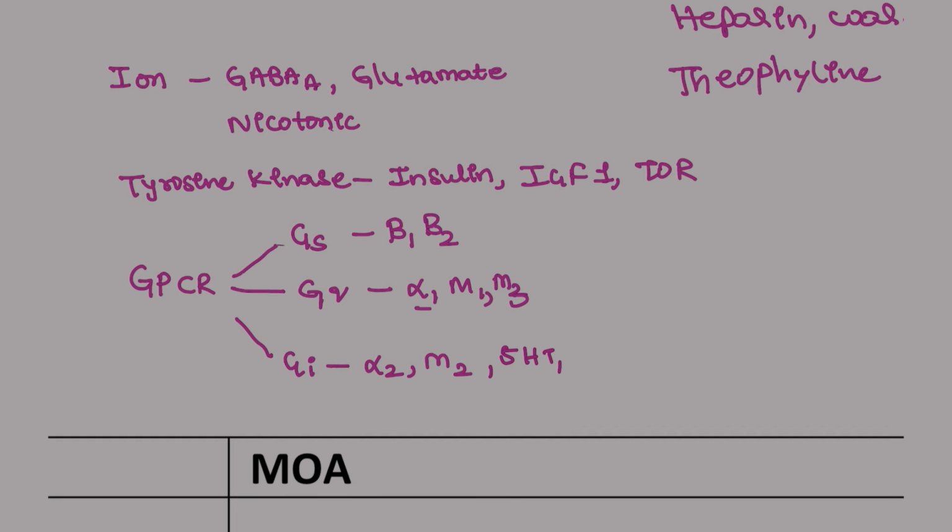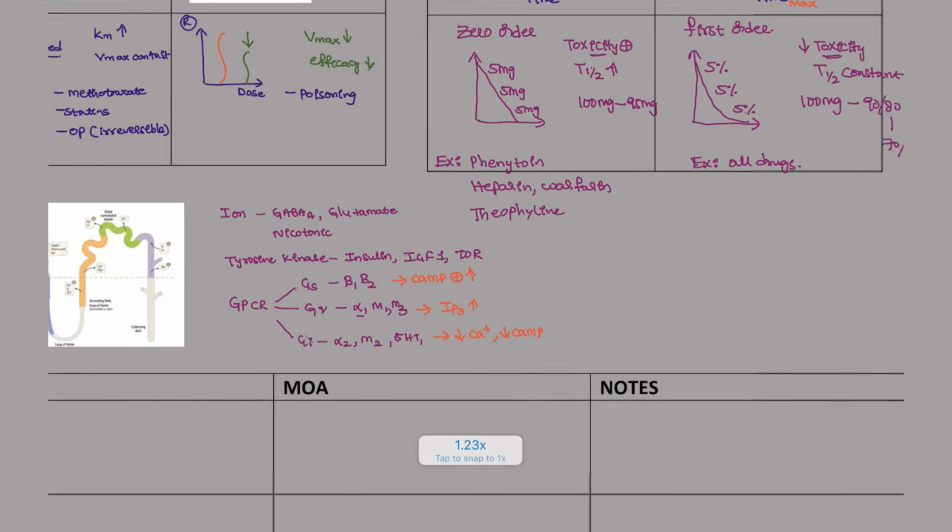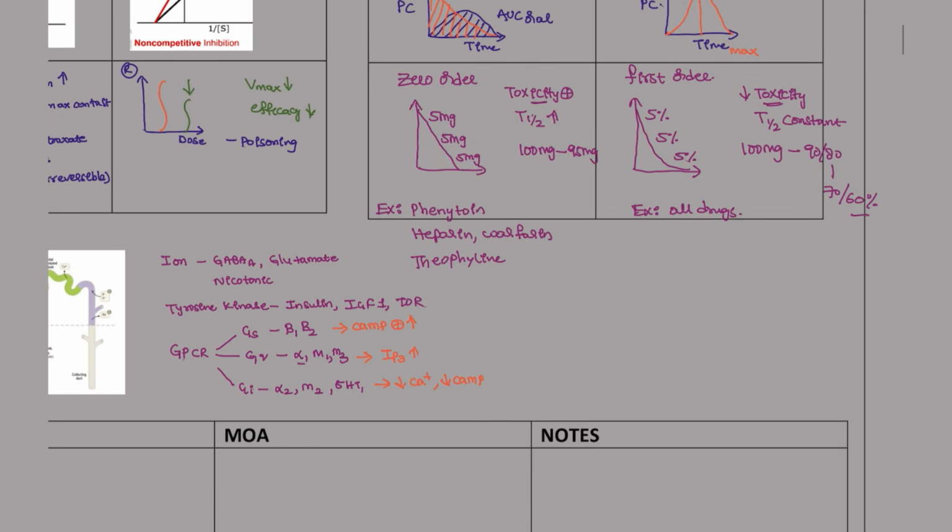So what are the other things that you have to remember at these points in the receptors? This is the action with the help of the cAMP. Gs acts with the increased cAMP and Gq acts with the help of the IP3. And here it is opposite, it will be decreasing the calcium, also it will be decreasing the cAMP, right? These are the GPCR receptors and other important points that you have to remember about these kind of